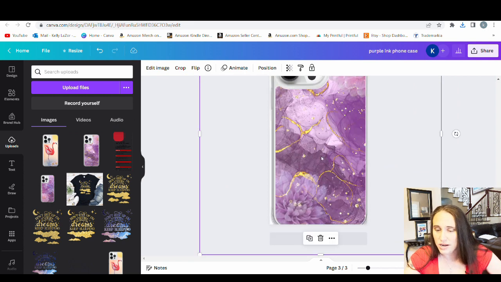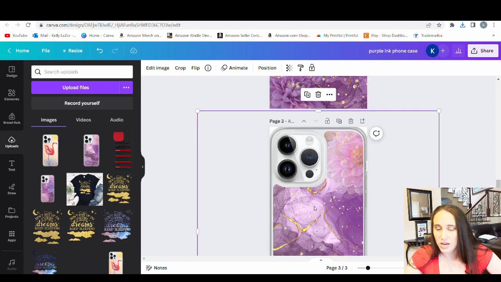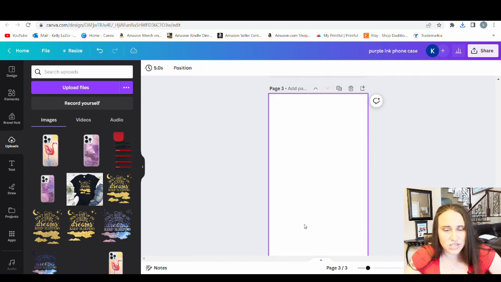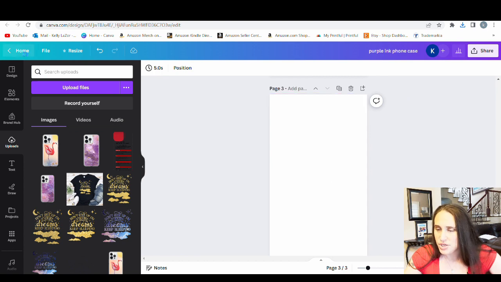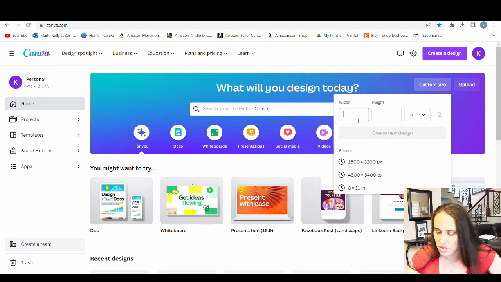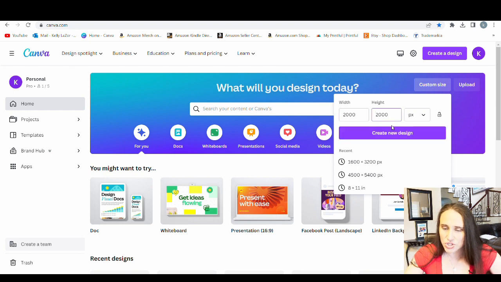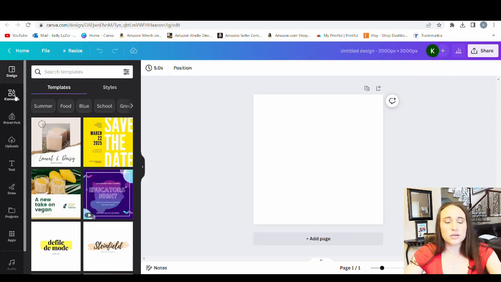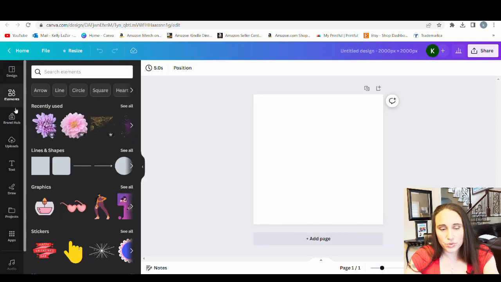So that is what your phone case would look like. And then of course you can now just create your own mock-up by putting this on any background that you like. And if I was going to go back over to my home Canva page, and I wanted to do my own mock-up, maybe custom size, maybe a 2000 by 2000 mock-up, create a design. So now I've got a square mock-up, 2000 by 2000 pixels. I can do elements, and I can do a mock-up,